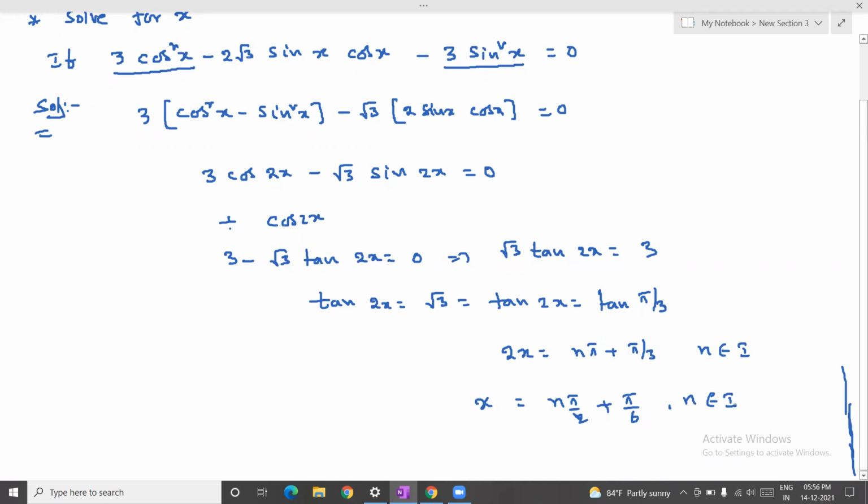Hope you are clear how we solve this question. If you are clear, I will give you some other questions related to this. Is it clear, students? Shall I go for some other questions? Guys, yes or no, please. Yes, sir. I will give 3 more questions. We will wind up with these 3 questions. Any doubts, you get back to me. Next class, we are going to start the inequalities.